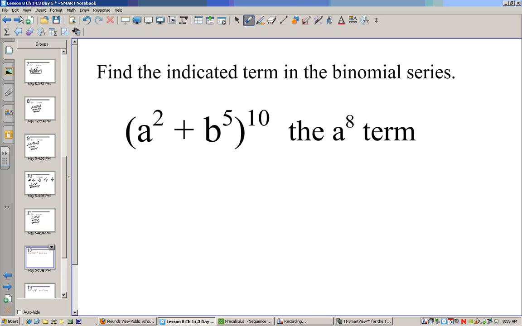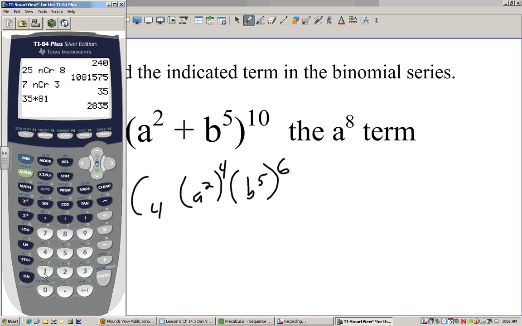All right. Now in this situation, let's find the a to the 8th term. We did one similar to this. Maybe you could do this one on your own. I have a squared, b to the 5th. Now what power does this have to be to make it a to the 8th? The answer is 4. If that's 4, this one has to be 6. So I have a 10 choose 4